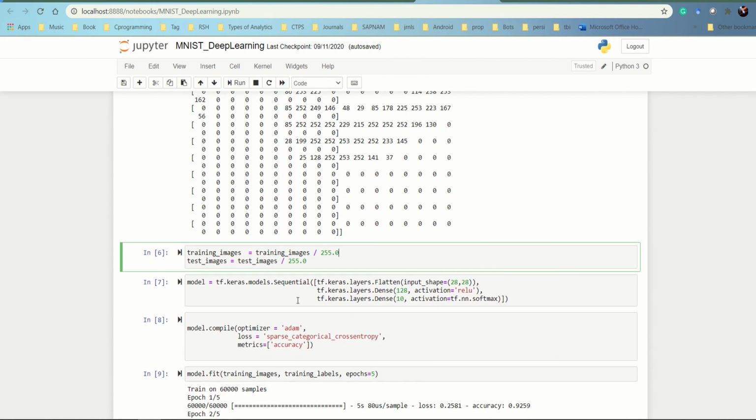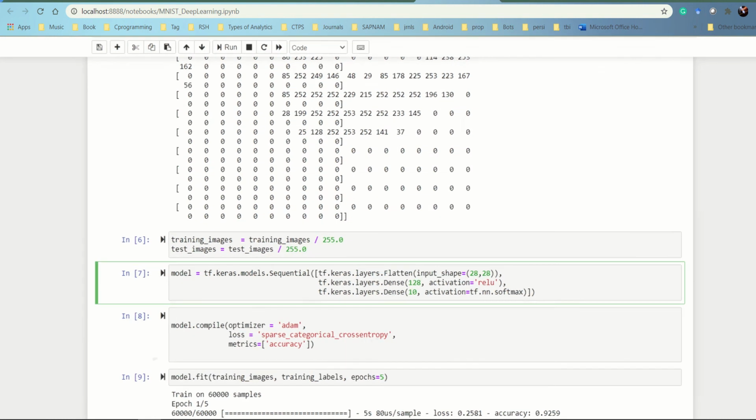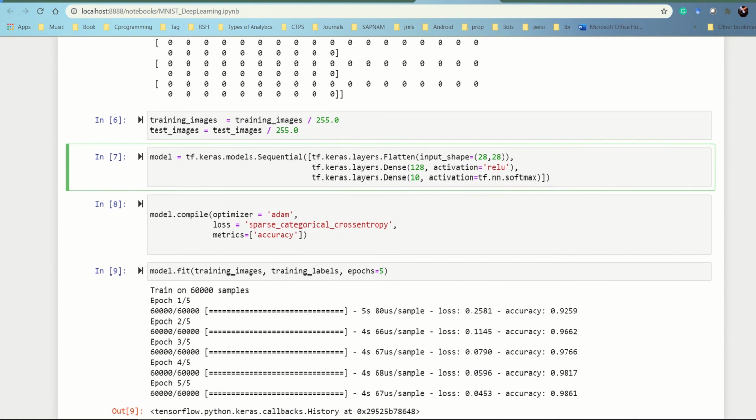And now comes the major part. We are building the model, and all this time we have been building models with a lot of complex steps. We had multiple layers in between, but now it's not required. We are going to go with a simple Flatten layer with input dimension 28 by 28. And what is the next step? We are going right away to the Dense layers. Normally we use it in the last stage, but since we use only 3 layers in total, one Flatten and 2 Dense, we are getting into the Dense layer right away.